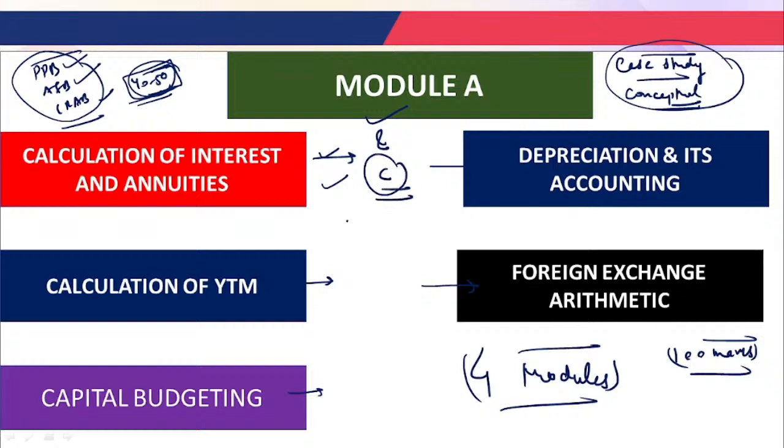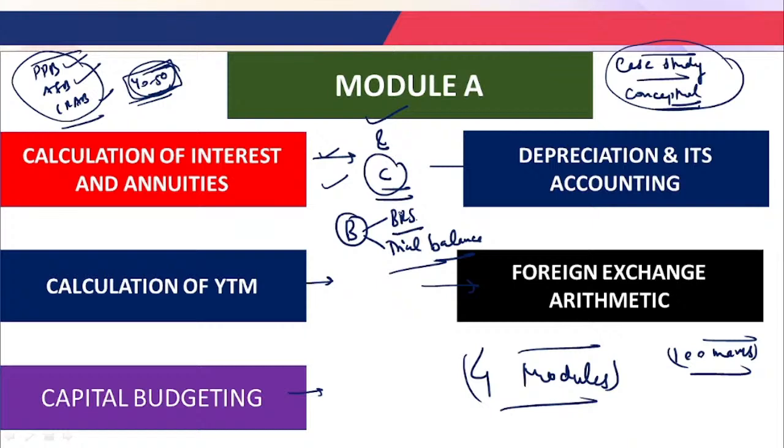Okay, and in module B, you get questions from the bank reconciliation statement, that is most important. After that, another chapter is trial balance. So you get a majority of the questions from this module B. The main thing you have to understand is that module A and module C are very important modules from the exam point of view.